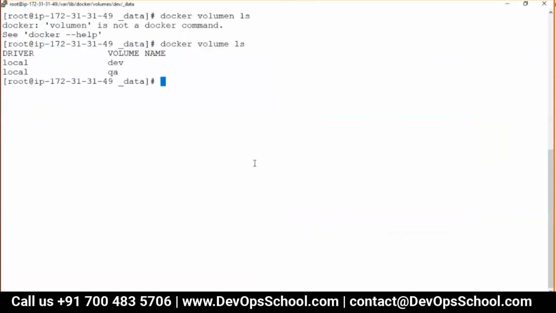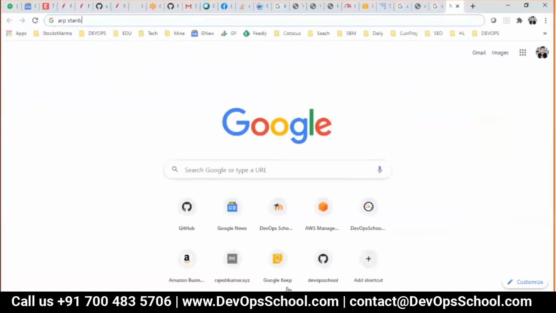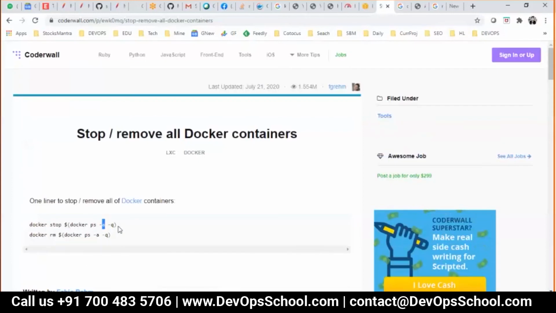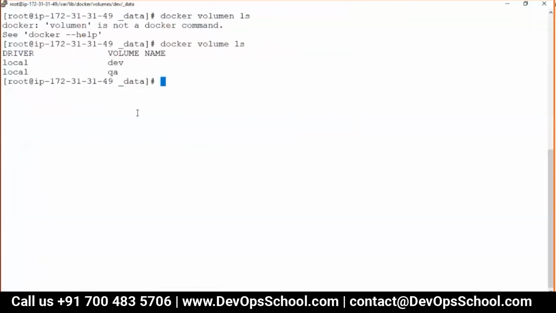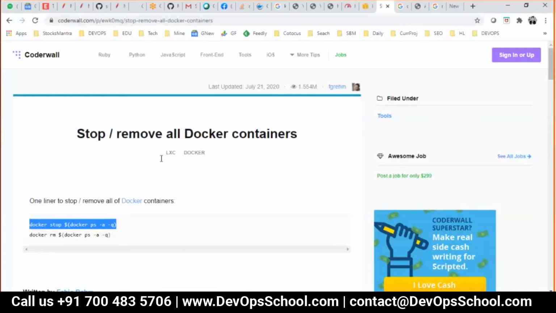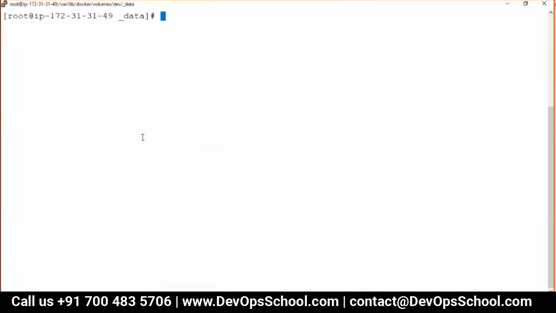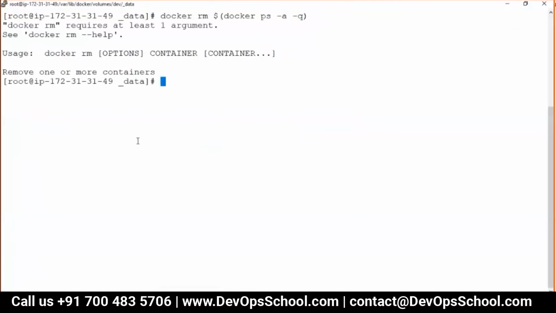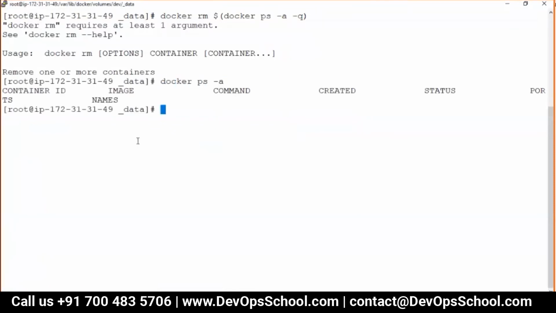I will delete all of my containers first, because I don't want to confuse you with too many things. See guys, there are no containers right now.